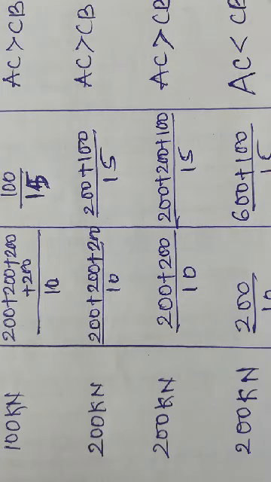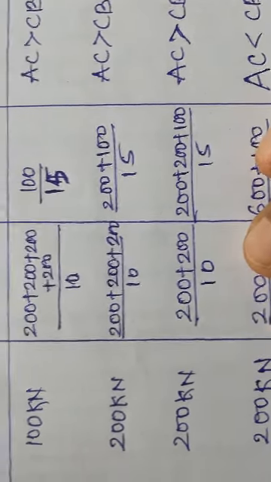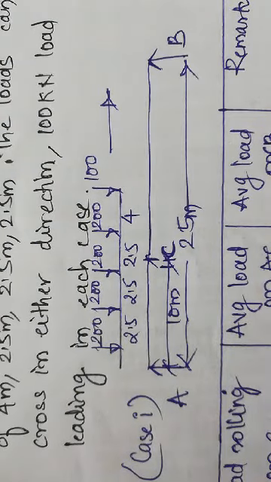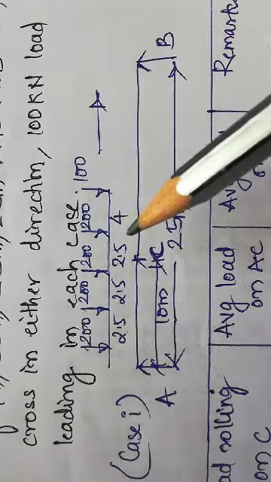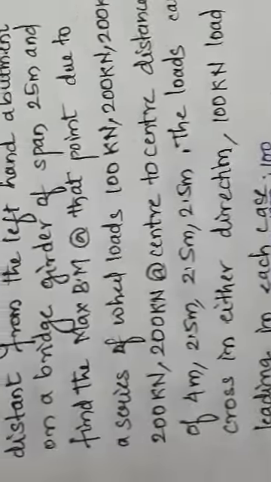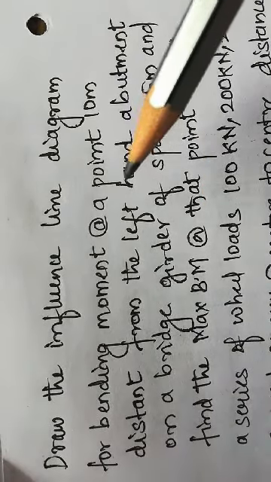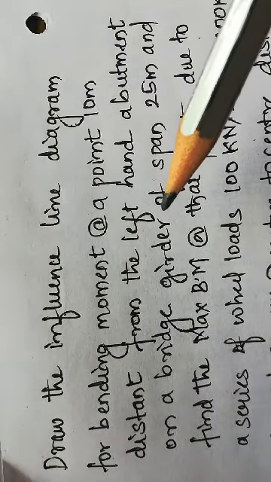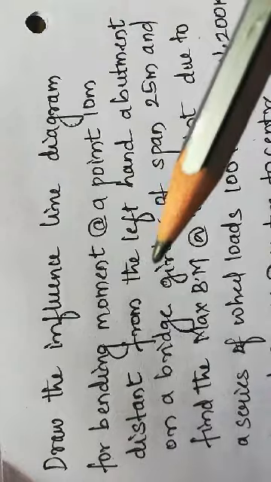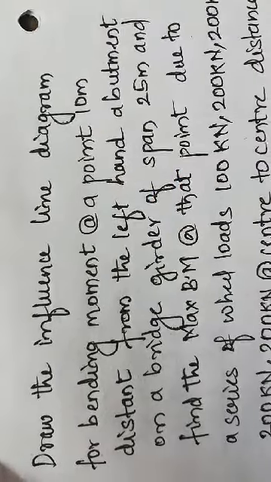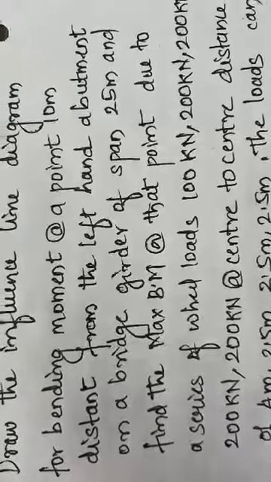Welcome students. Now we are going to do one more problem with train of loads, that is concentrated loads. In this it has been asked to draw the influence line diagram for bending moment at a point 10 meters distance from the left hand side abutment on a bridge girder of span 25 meters